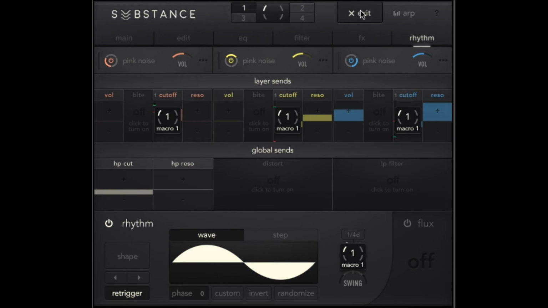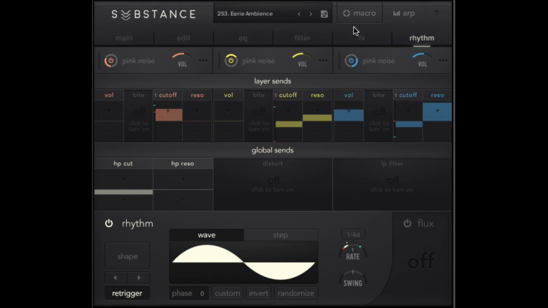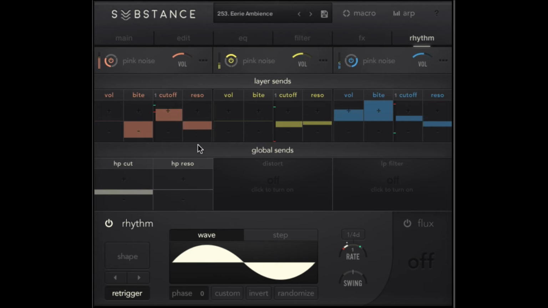Rhythm is tied a little bit to the macros, at least as far as having any kind of dynamic control on it. Realistically, we can just send each layer and adjust, even add a bypass function to each of these. Adjust cutoff, adjust resonance. And then with a touch of the macro,